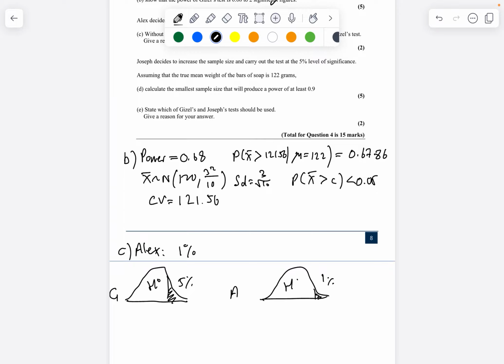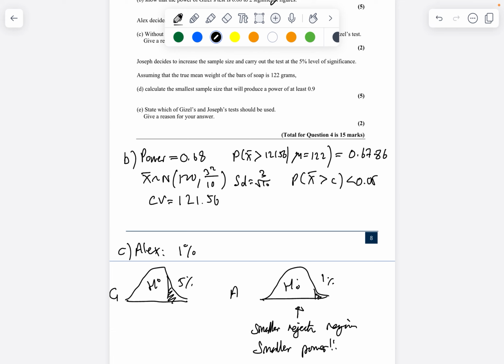So if we look at it, we can see that for Alex's test there is a smaller rejection region,